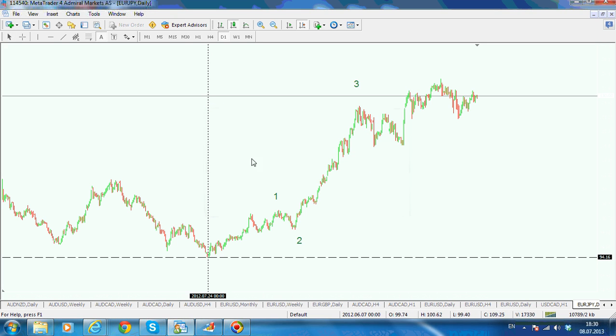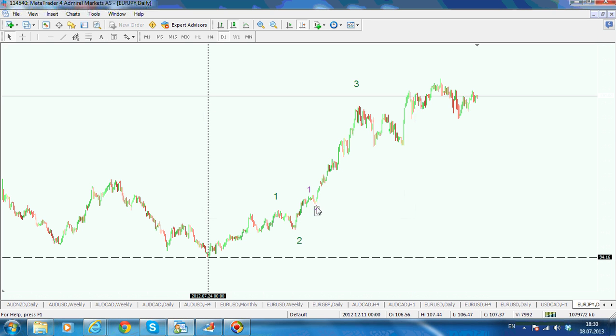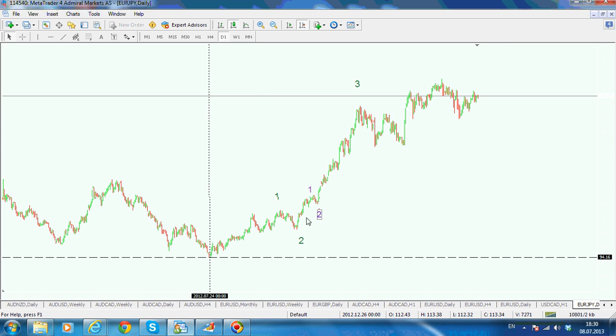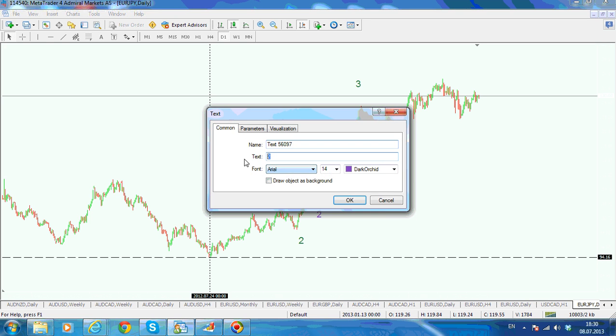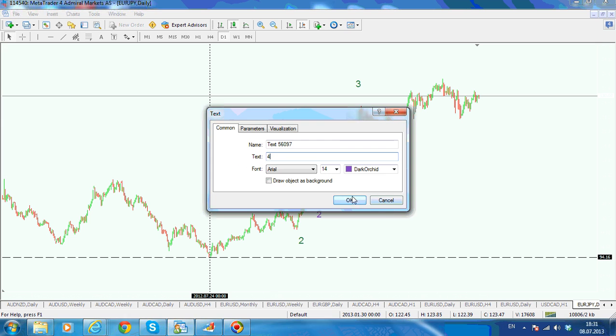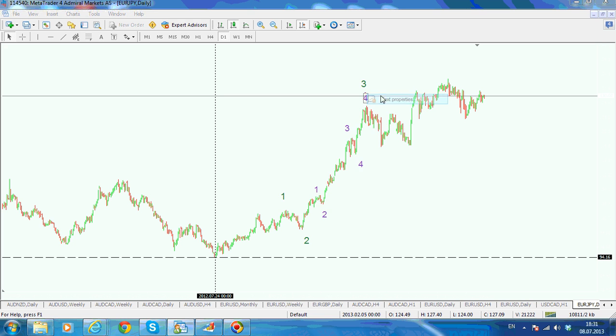Now if this is 1, 2, 3, then I'm looking for 1 here, on the fourth wave, and like this. So 1 here, 2 here, 3 here to the upside, corrected by a nice move to the downside here, 1, 2, 3, 4, and there you go, we have the fifth, and then we have a nice